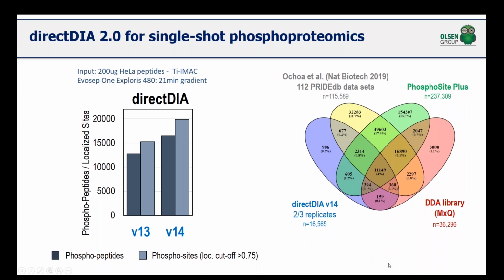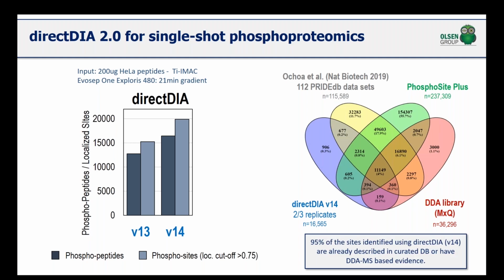And we could see that it was only 900 of them that were not detected either in our spectral library, or in the PhosphoSitePlus database, or in this recent large-scale PRIDE dataset from the Ochoa lab. So we could basically see that 95% of the sites that we identify using direct DIA have already been described in curated databases or have high-quality